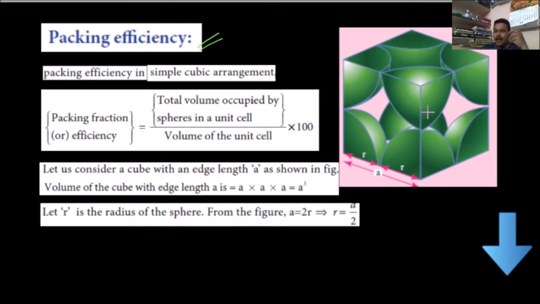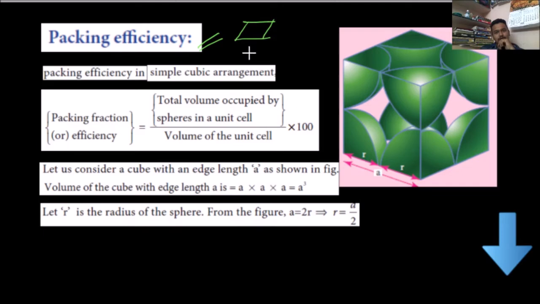So packing efficiency can be explained by how tightly the volume is packed. In a particular volume, in one case one atom is occupied, in another case 2 atoms, in another case 4 atoms. Comparing the first, second, and third cases, the case in which 4 atoms are occupied has more packing efficiency.